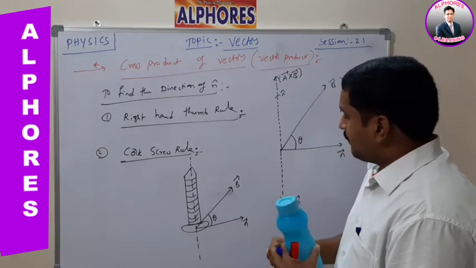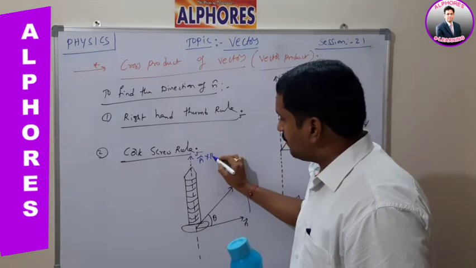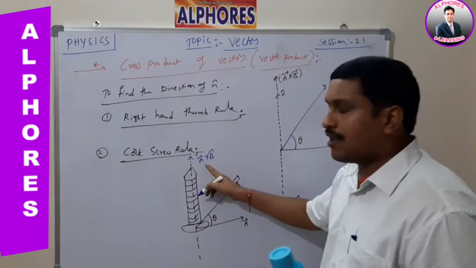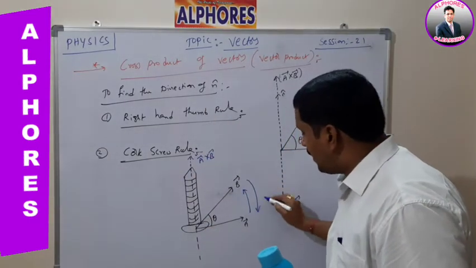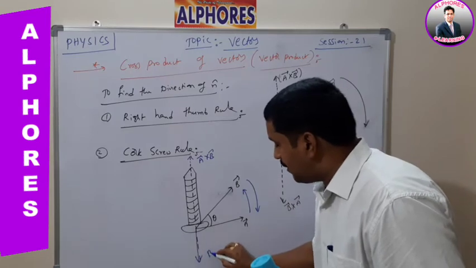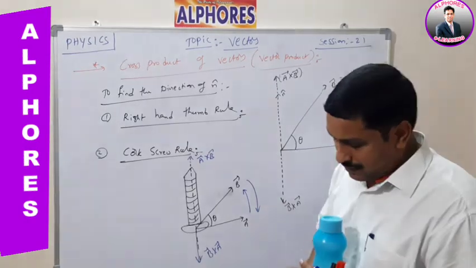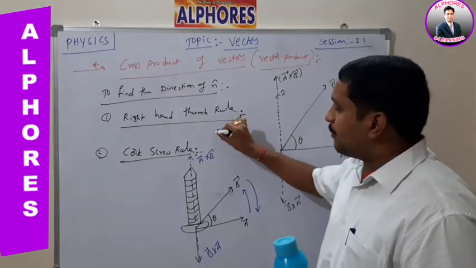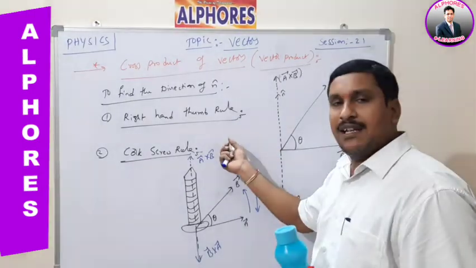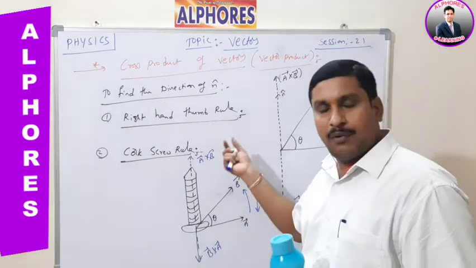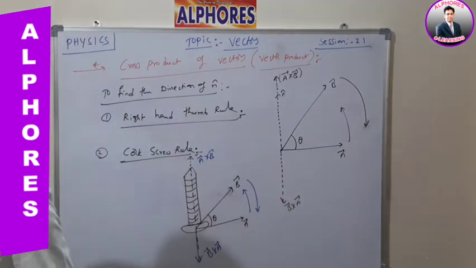Due to the rotation of A bar towards B bar, what is the direction of this one? A bar cross B bar. So this is the direction of n cap. N cap is always in the direction of A bar cross B bar only, as per the definition. Suppose B bar is rotating towards A bar, this is the resultant, B bar cross A bar. So this is the method. If the screw is placed on the board and rotated clockwise, it is moving inside the board. And if it is rotated in an anti-clockwise sense, it is moving away from the board, like positive z direction and negative z direction. This is the method to determine the direction of A bar cross B bar.